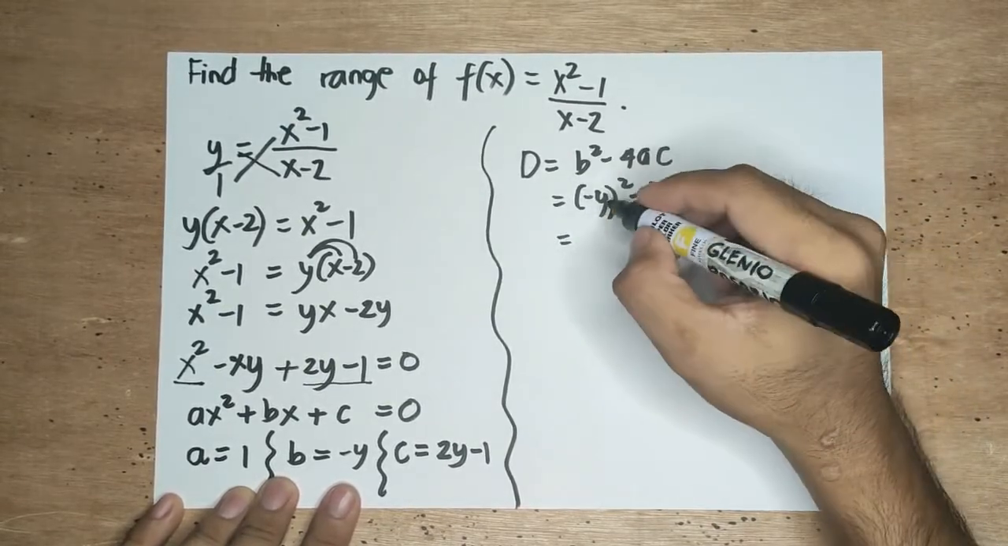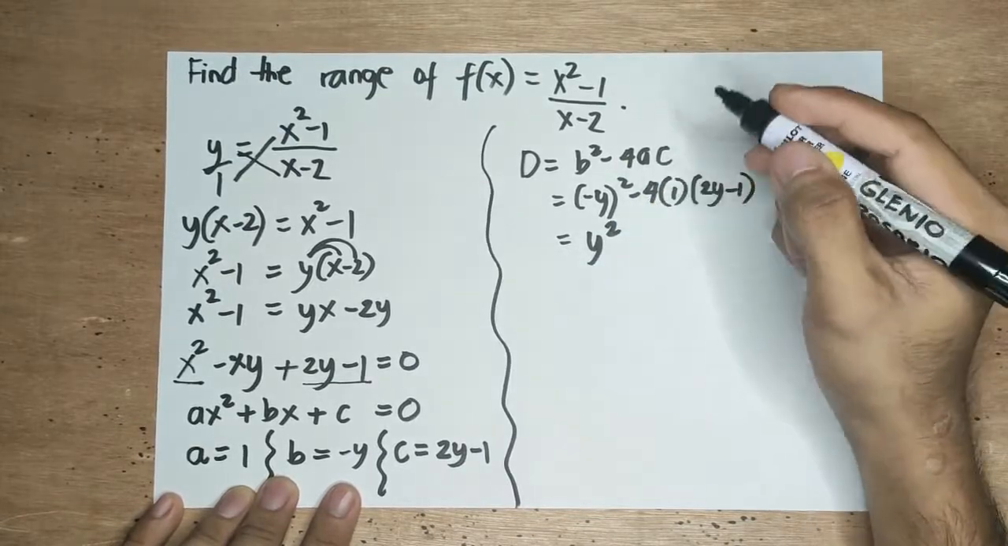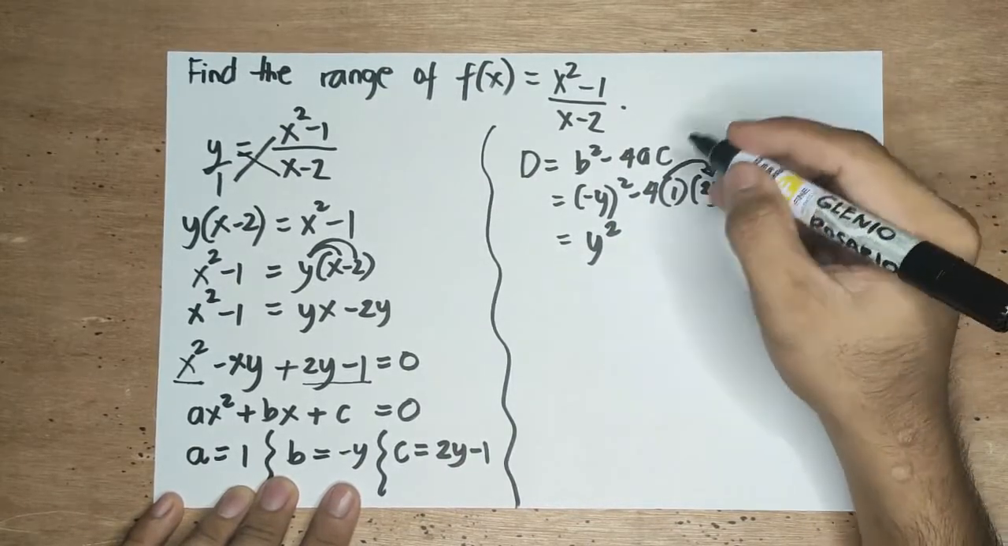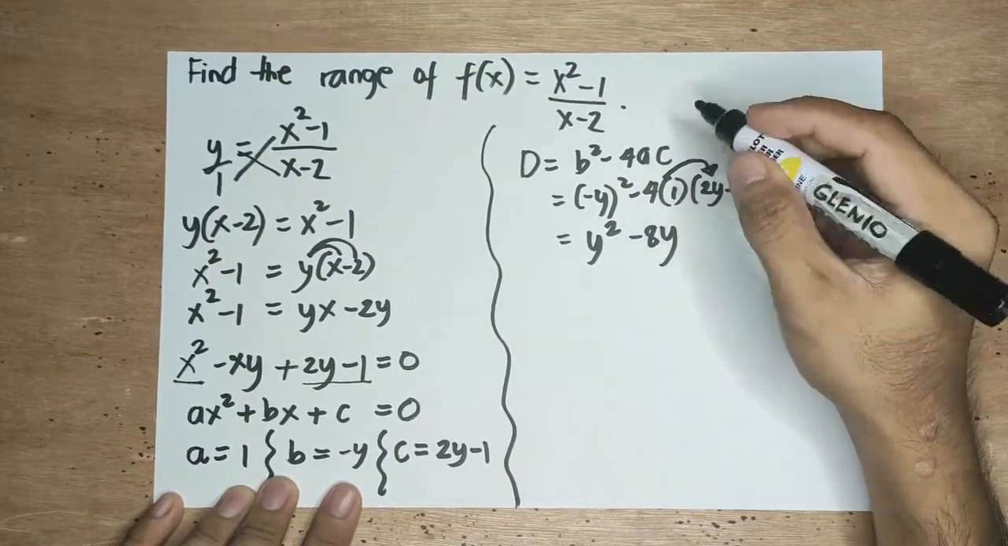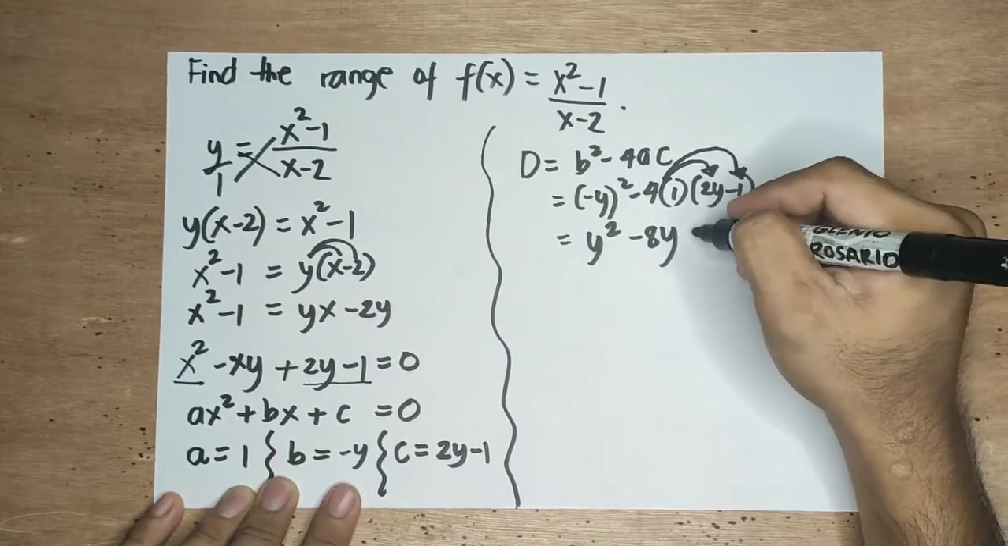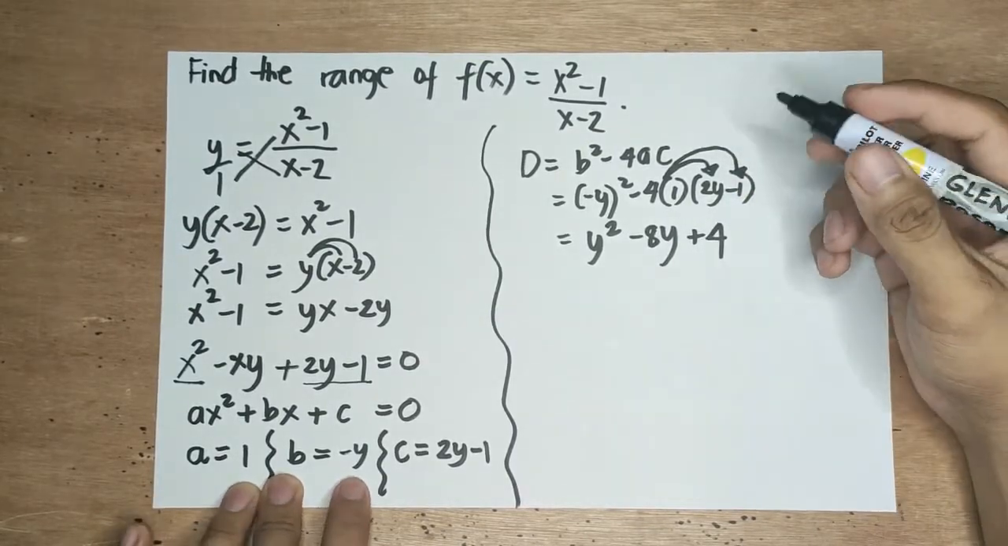So, doing so, negative y squared is y squared. And then, negative 4 times 2y is negative 8y. Then, negative 4 times negative 1 is positive 4. So, this is